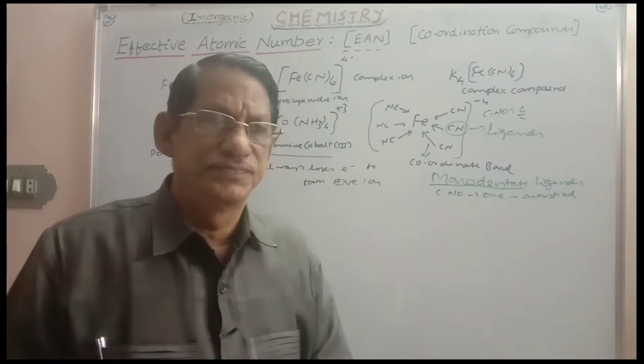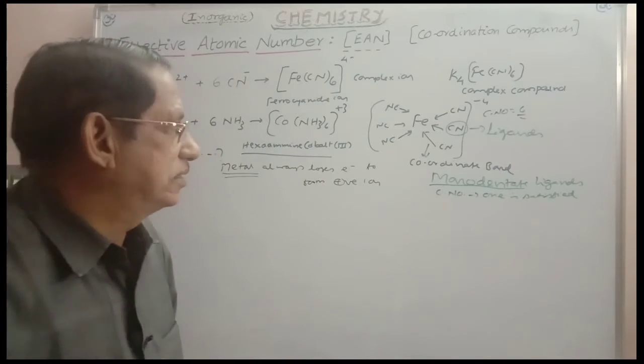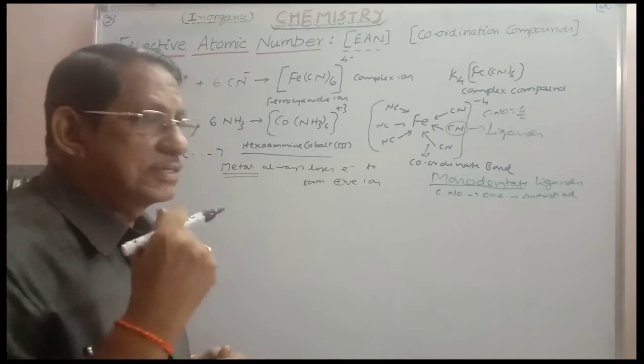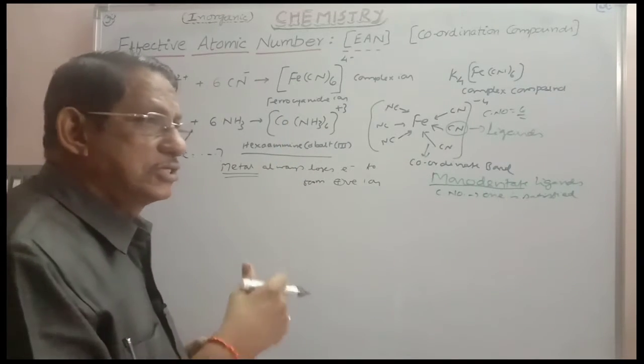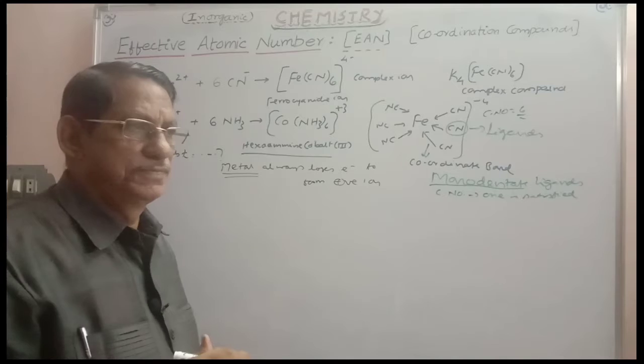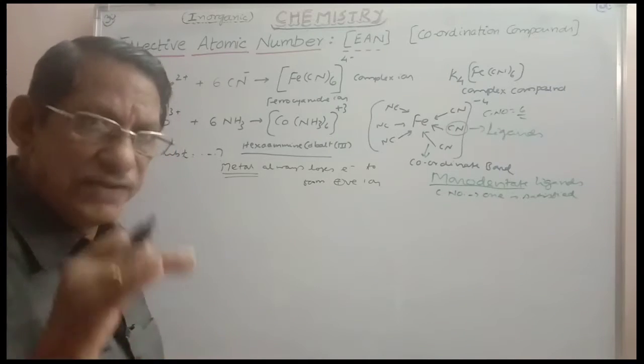Without complexes, there is no nature at all. Nature's gift it is. So here, you can take the formation of the complex and how the metal ion is able to accept the electron pairs and how is it able to accommodate the negative charge. That is the doubt. To clarify this doubt,